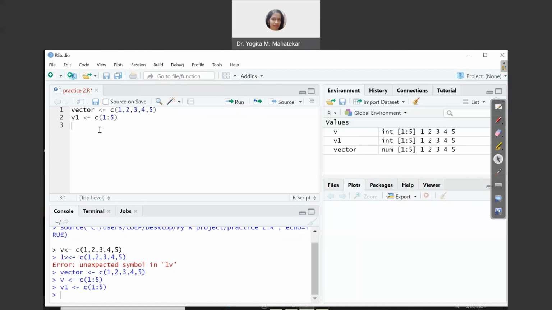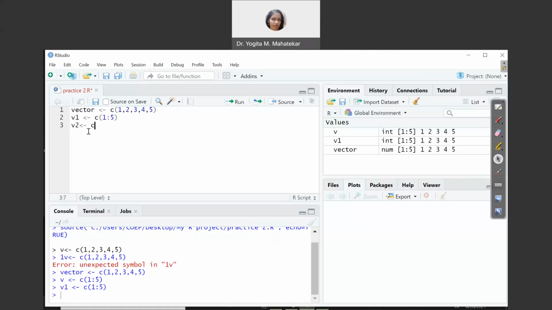Suppose I have to create a row vector with 3 ones, 4 twos, and 5 threes. How will you do it? Let us call this v2. V2 is another vector inside which I want 3 ones, then 4 twos.